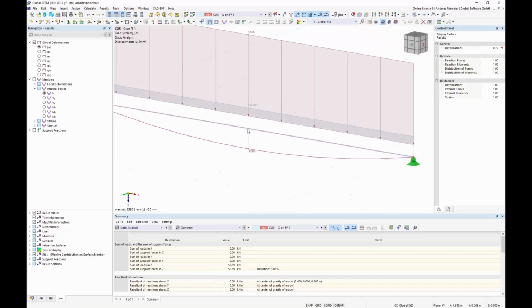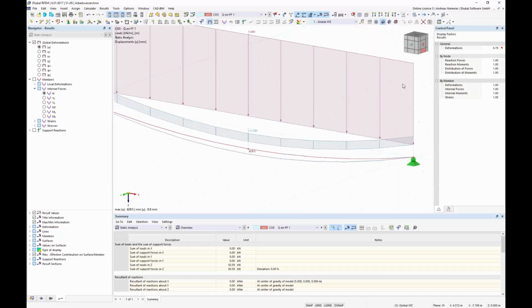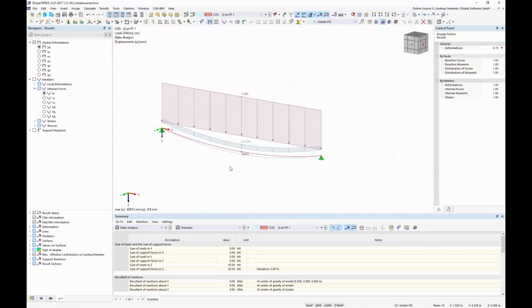So this is what we inputted. This is the shape of the initial state. This is our form finding shape, and this deformed shape is the loaded form finding shape. So the program gives you the option to manage all this, and of course not only for one shape,